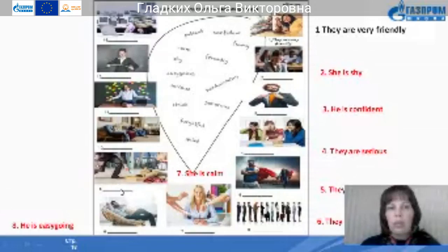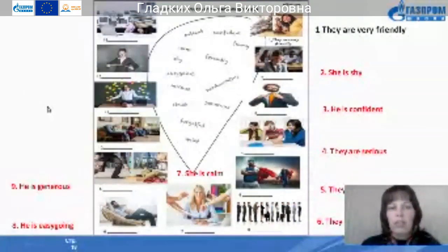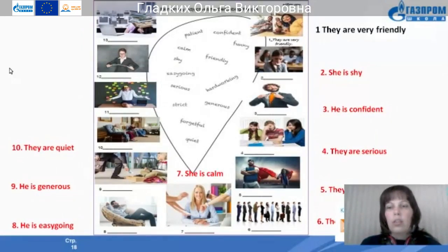Next, number 9. He's generous. Next. They're what? They're quiet. Next one. Number 11. She's. Do you have any ideas? She's forgetful. So you can't see these pictures. So now I'll help you